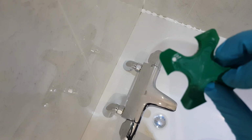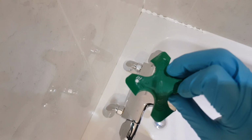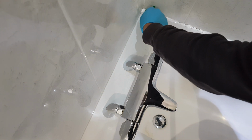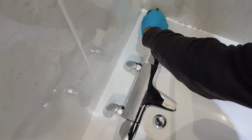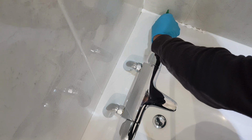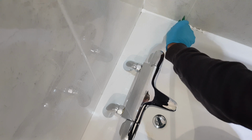So I've got my finishing tool. I'm going to go for size 6. I can go for larger, but I think I should be fine with the bar. And all I'm going to do is start from one side and just spread it across. Now any excess I just take off at some point